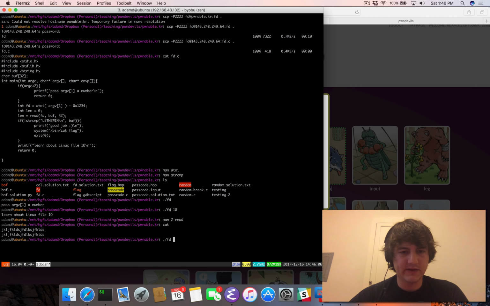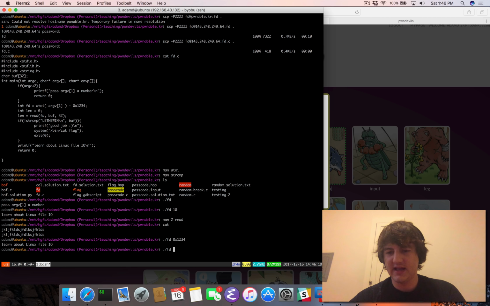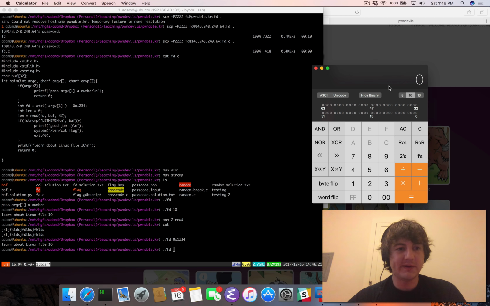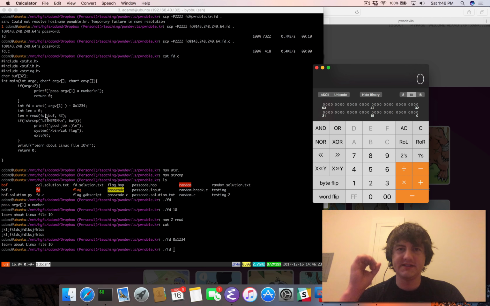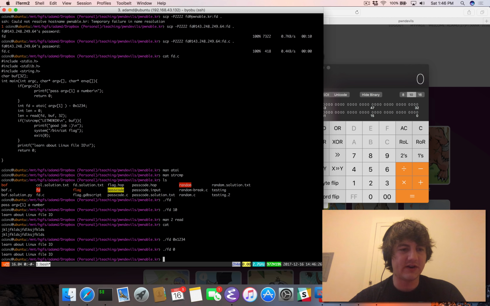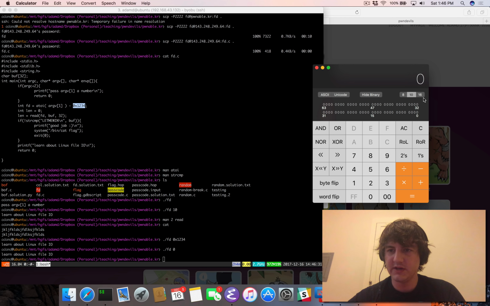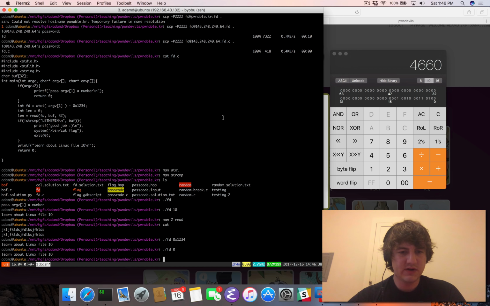So we can see on our local machine, if we do 0x1234, that did not work because atoi is not using hex values. So we need to convert. Basically we want the FD variable to be 0, right? We can't pass in 0 because it's subtracting 0x1234 from it. So what's hex 1234? Convert that and it's 4660. So if we do FD 4660,